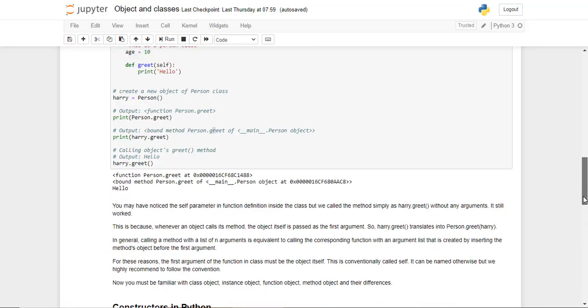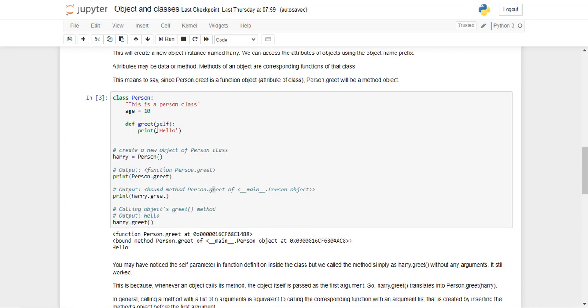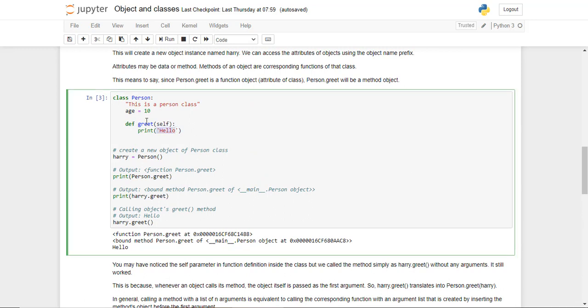When we defined the function hello, we also used the self here, because when we called Harry.greet and we call the function, greet has to know where it's being called from. So Harry is the point where it's being called from. By default, Harry is going to be passed first. So therefore this self always has to come here. It has to know to expect the object which is calling it.